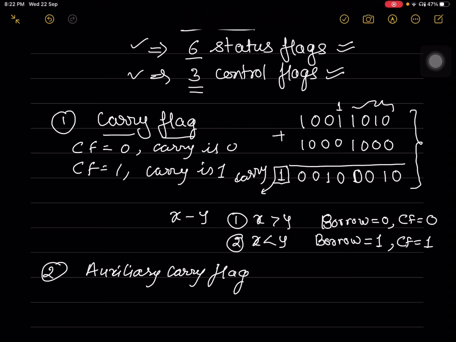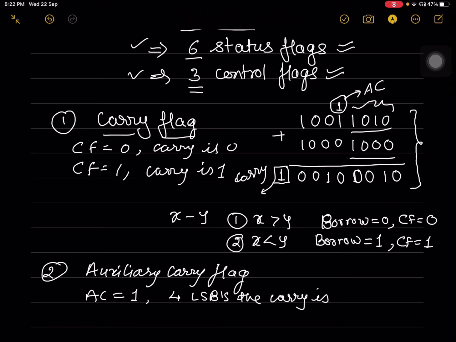In the answer, the 4 LSBs, that is 1010, when added with 1000, then after addition, the fifth bit which is generated after addition of the 4 LSBs is called the auxiliary carry. The status of this auxiliary carry is copied into the auxiliary carry flag. So if the auxiliary carry flag is equal to 1, it means that after addition of the 4 LSBs, the carry is generated.